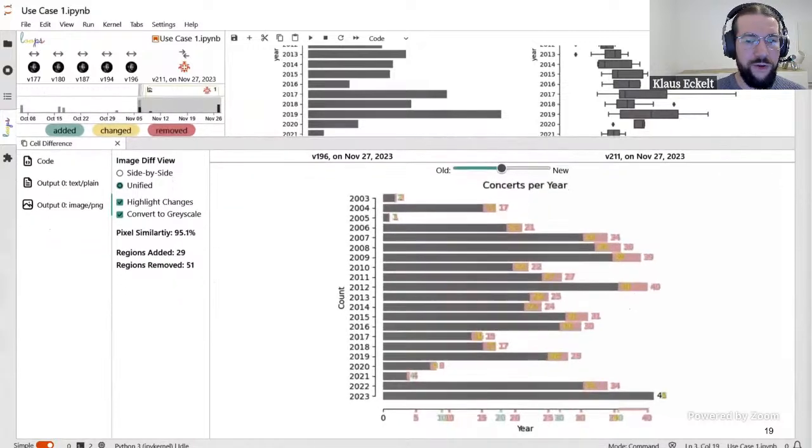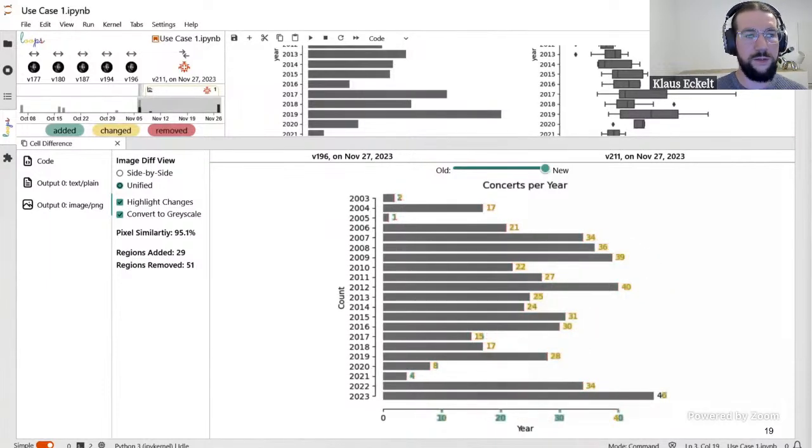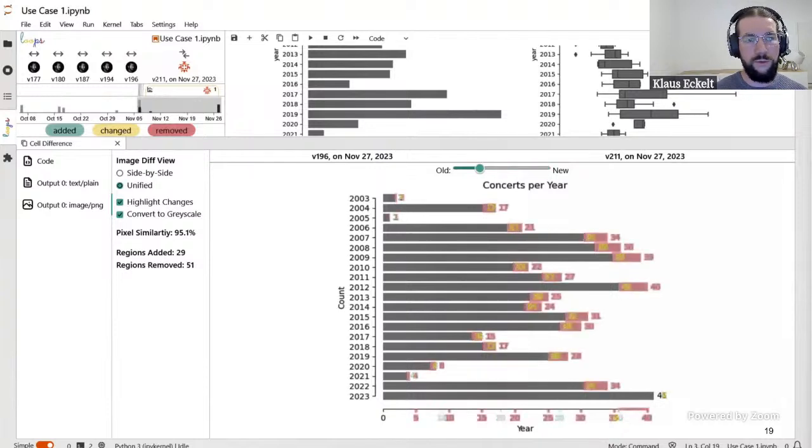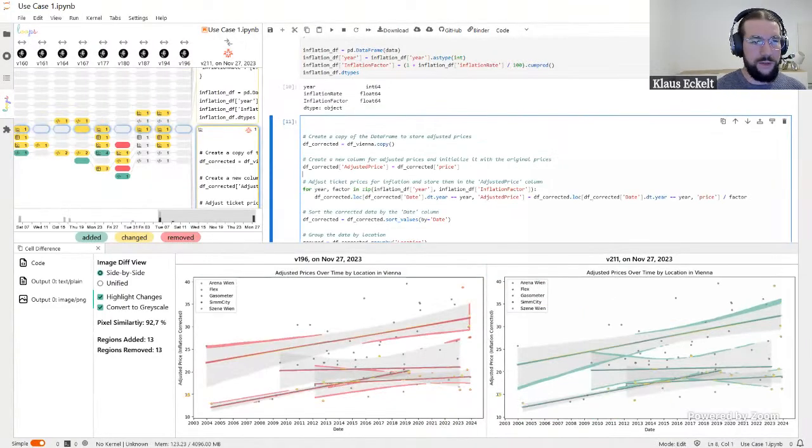Here for this bar chart, additional data became available, increasing the bar's length, changing the labels, as well as the x-axis. As known from code editors, all difference visualizations in the cell comparison support side-by-side comparison or a unified diff view. Here we have the unified view for visualizations. You can brush between the old and the new version, and that would be an example for the side-by-side comparison of two versions of a